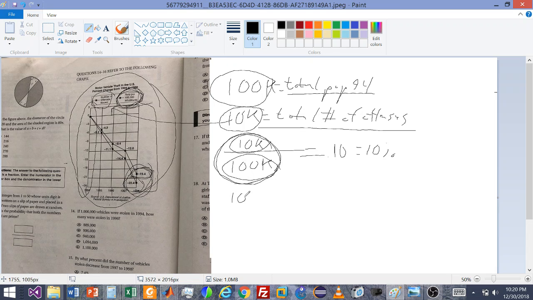I take 10,000 times 100% minus 19.4%, all as a decimal, equals the number of offenses for the total population in 1998. All right, so this is going to be the same as 10K times